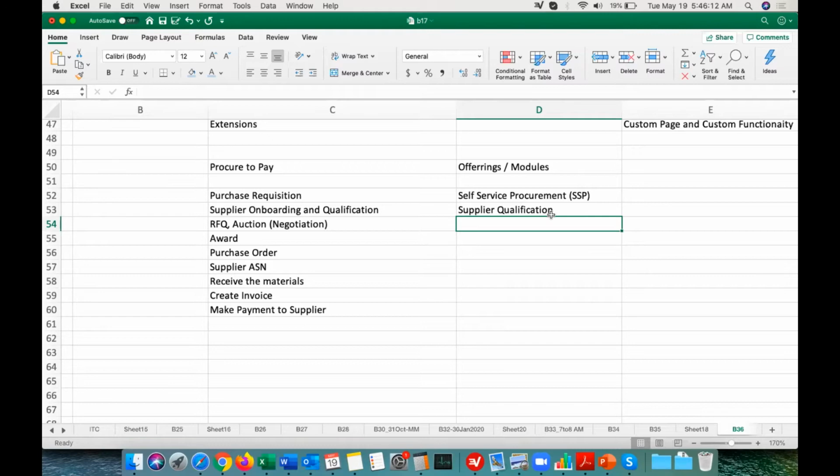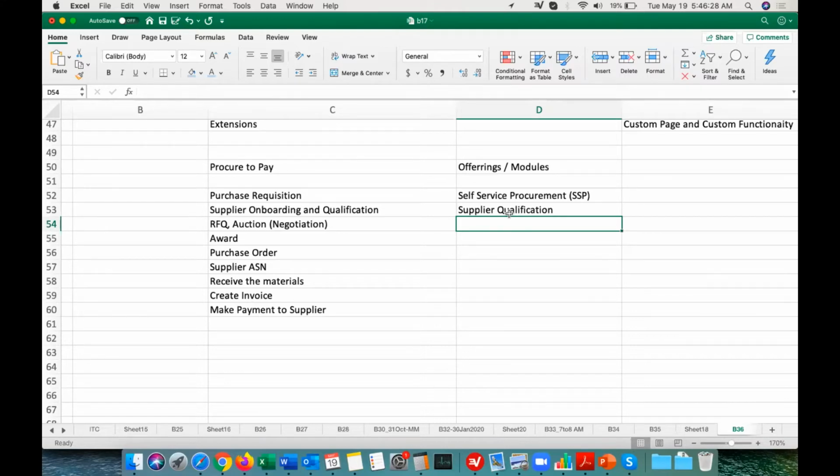Likewise, we can create our own set of questions and send them to the list of suppliers, and the supplier will respond to those questions, and we can provide some marks based on the answers.